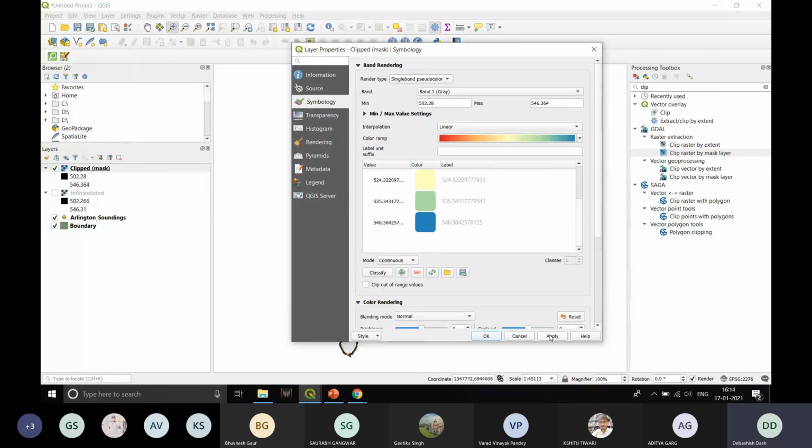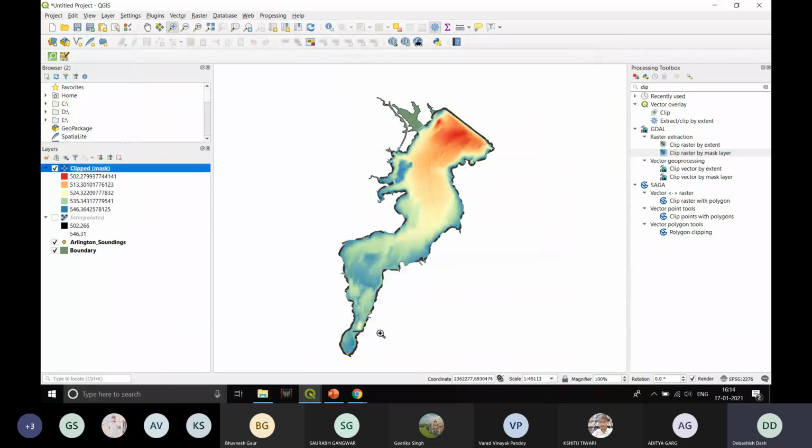As soon as you click on apply, it is a little bit more presentable now. It looks better, and you have 5 different classes available here. Now, this is basically an elevation map that we obtained.